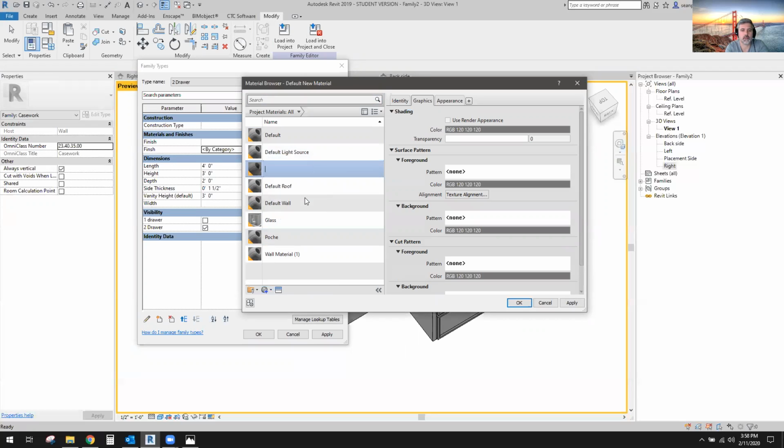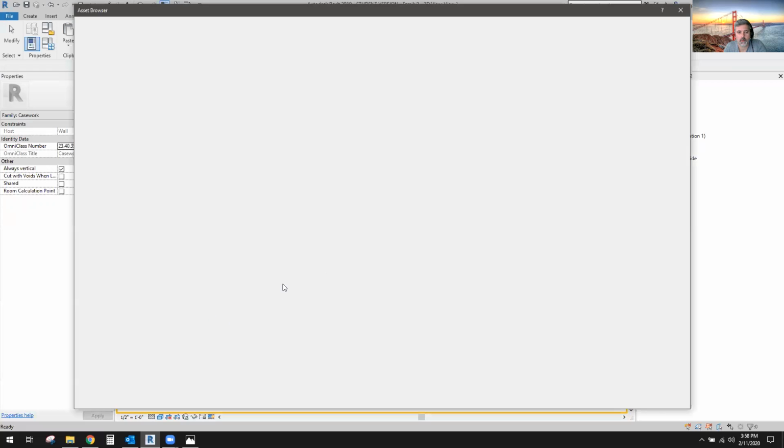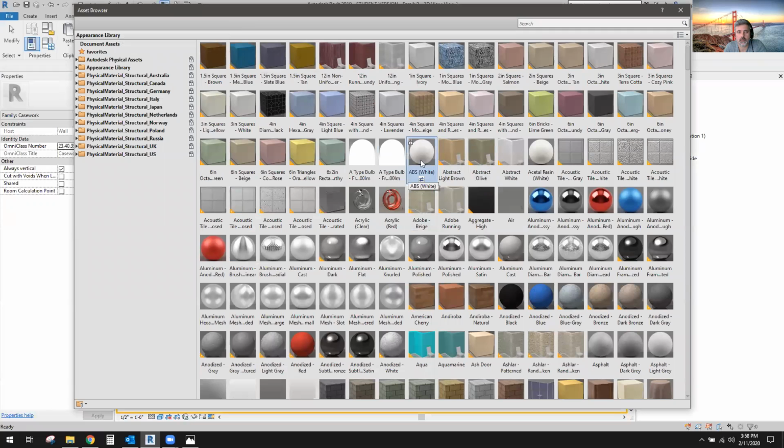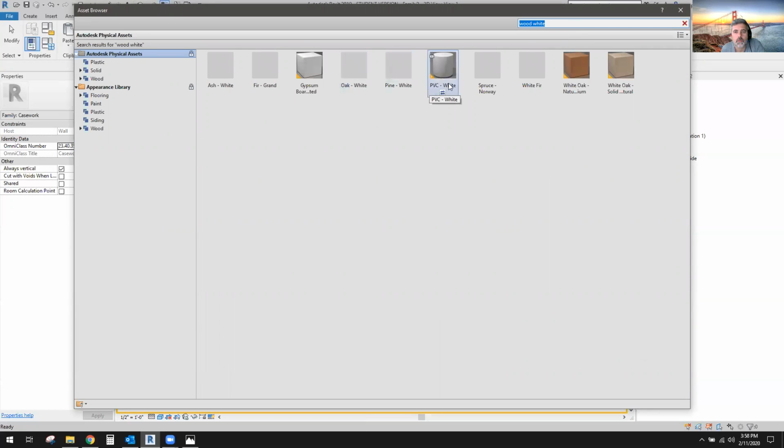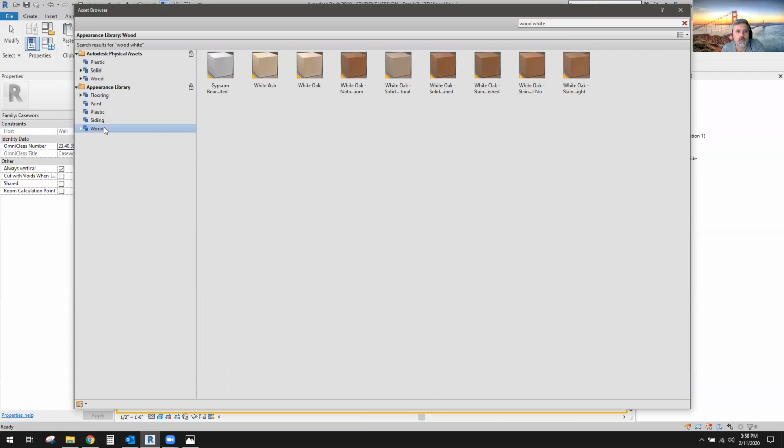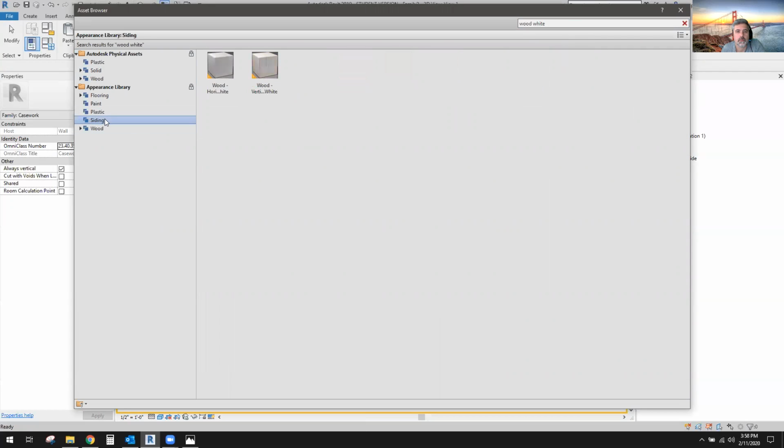And we'll say that this is the vanity finish color. Say okay. Come over here and let's get something white. So I'm going to type in wood white. Some PVC, spruce, white fir. Let's look here. Over here, gypsum